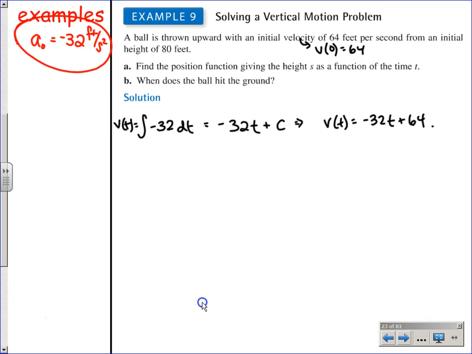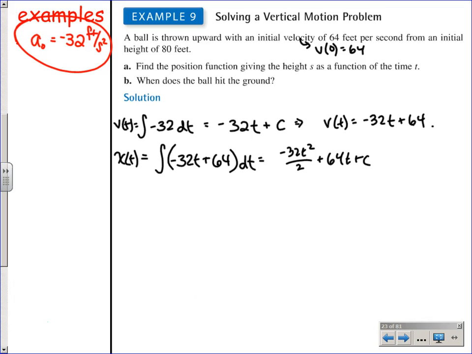But actually, what they were asking for in letter A was position, so we had to go back twice. So you could go ahead and integrate the negative 32. Just because some of you seeing actual numbers in an actual example makes more sense where those formulas come from, so we're doing it once. But then you would have negative 32t squared over 2 plus 64t plus c, which, here's the formula you probably recognize, negative 16t squared plus 64t. Didn't we just talk about if they give us initial position, isn't that going to end up being your plus c? That wasn't too bad, was it?